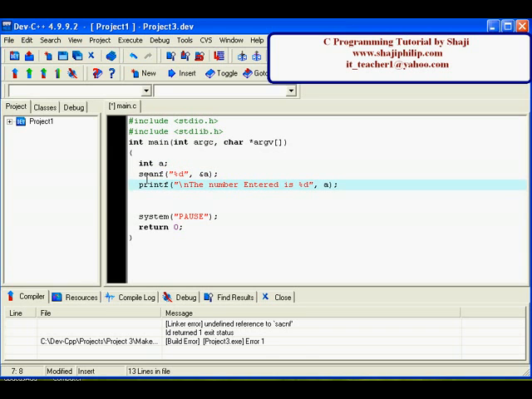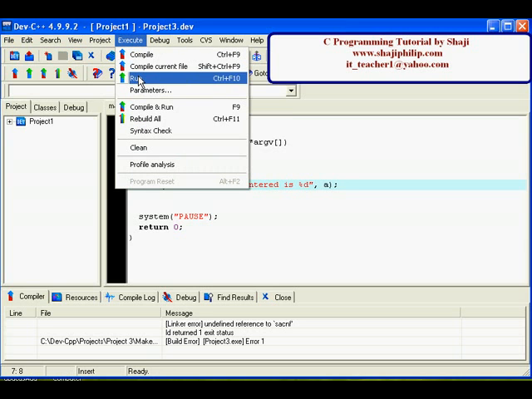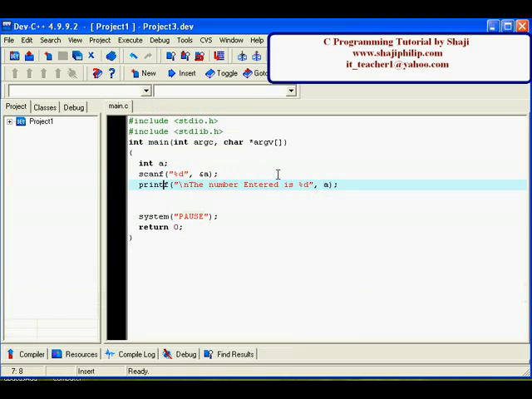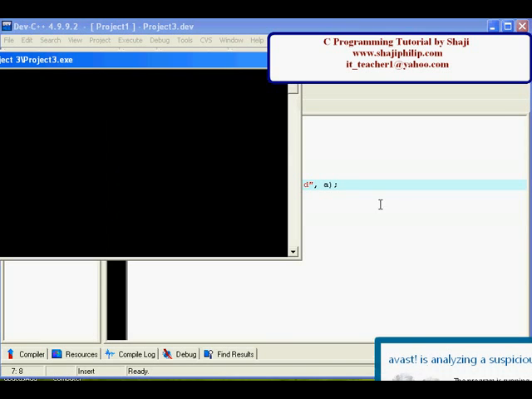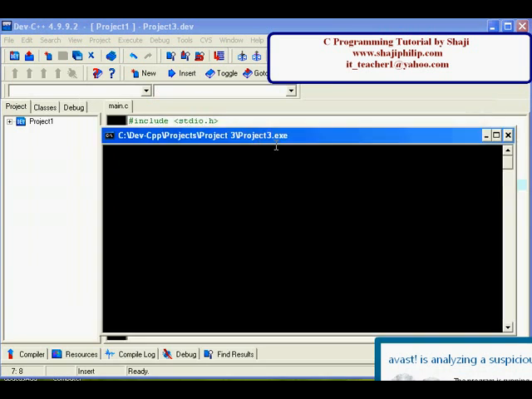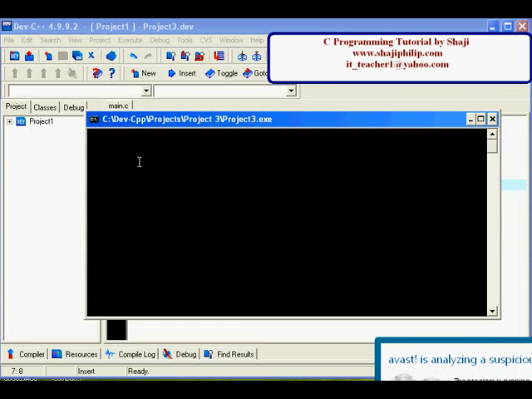So nothing is being displayed on the screen. It is asking for some number. We have to give that. One, two, three. The number entered is 1, 2, 3. So we can enter a number and the same number is being displayed. So here when the program is executing, we have to display